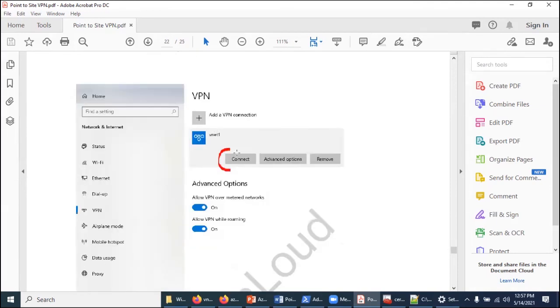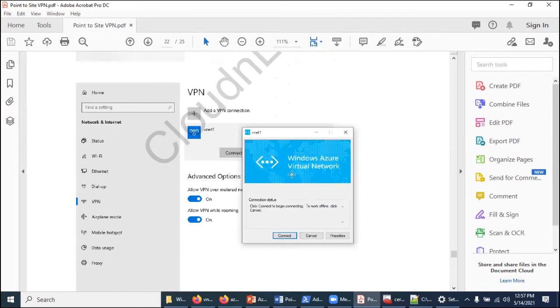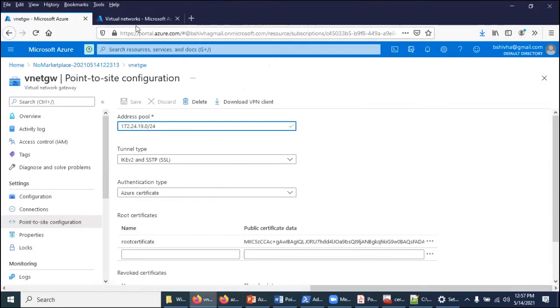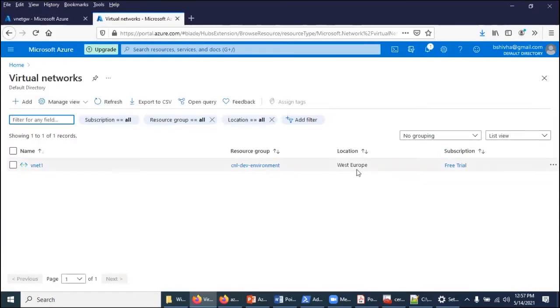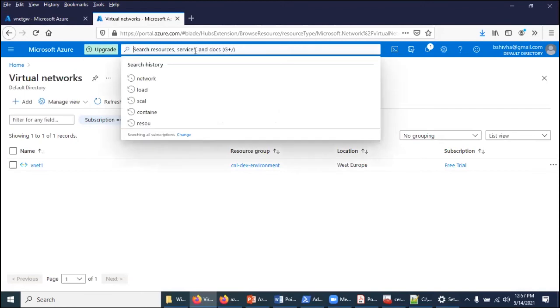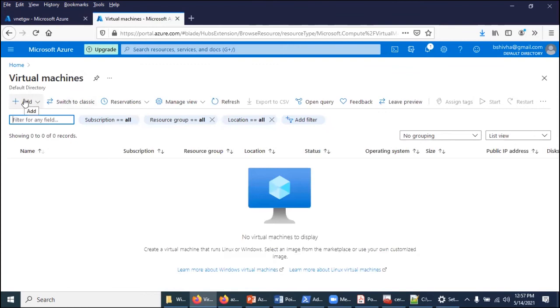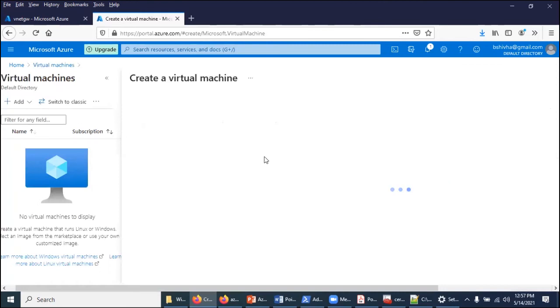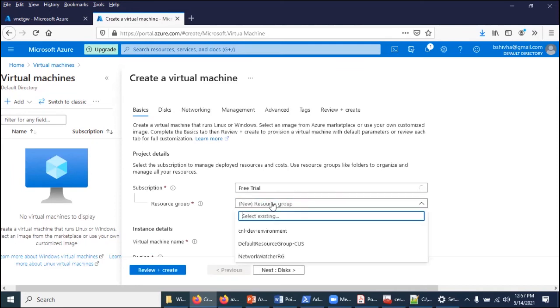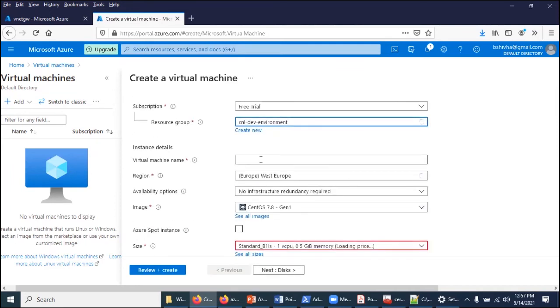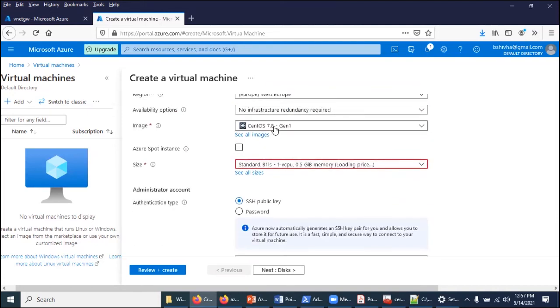Come down. Before we connect, we need some virtual machine to test it, right? So we will go back, and in the same West Europe region, we are going to create a new virtual machine. We'll create a virtual machine, add virtual machine. I'm creating a basic configuration. So say VM1, CentOS 8 or Ubuntu.